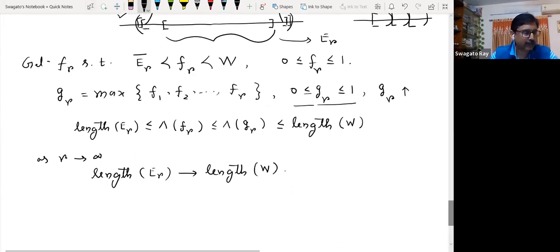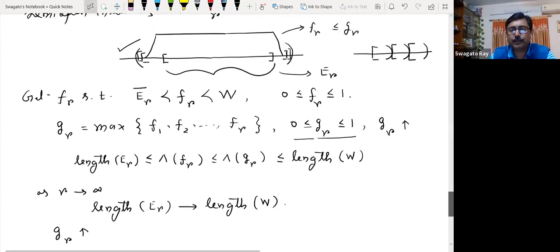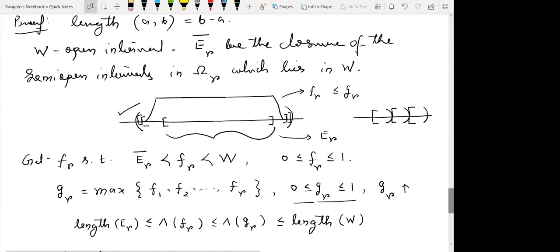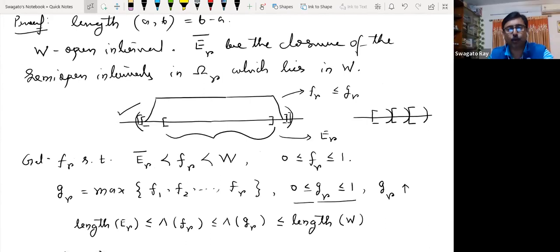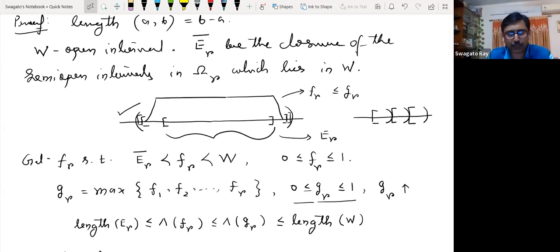On the other hand, where does GR go? I know it's an increasing sequence of functions. So take any x in W. What is W in this picture? In this picture, where is W? Who is W? W, the open interval. Exactly, the open interval is W. Now take any x anywhere. Now that x belongs to some ER closure,